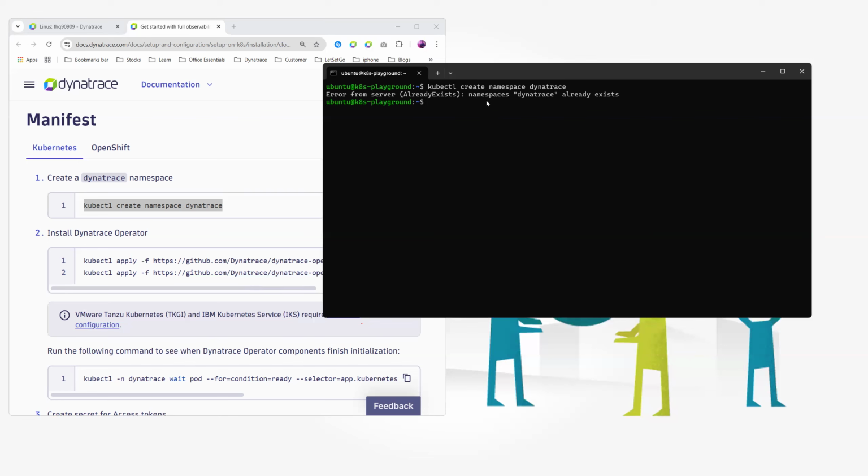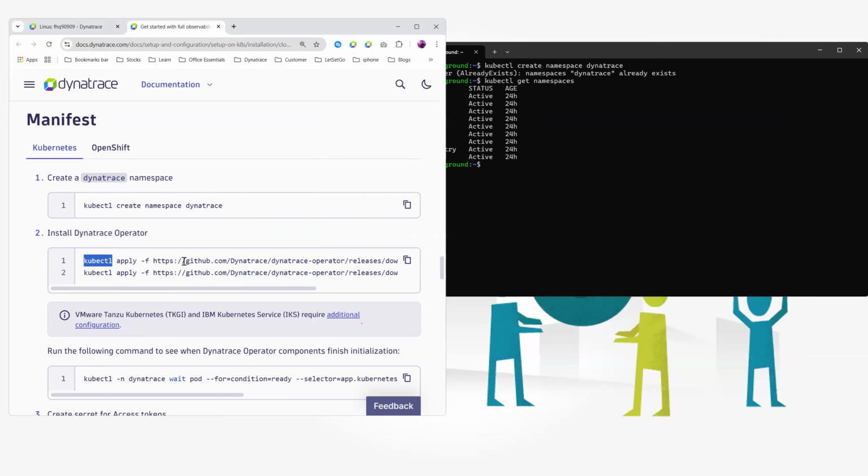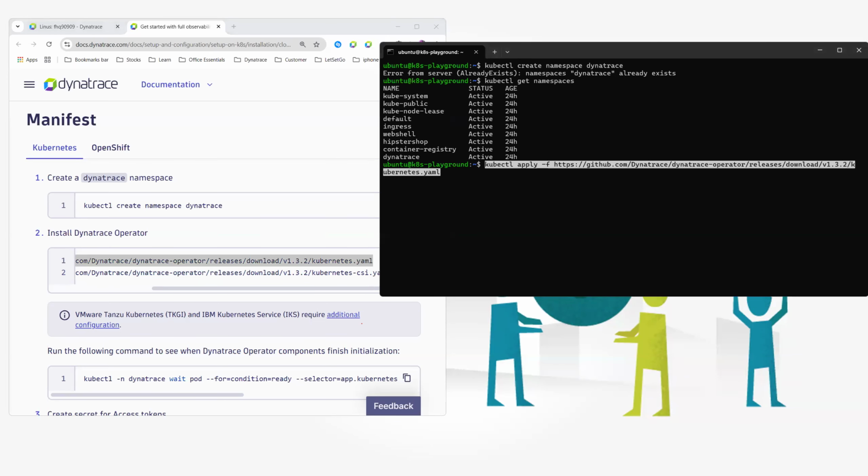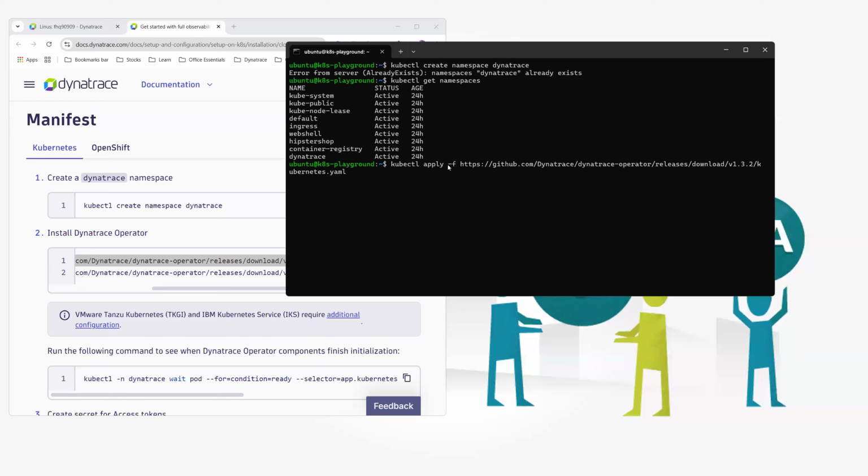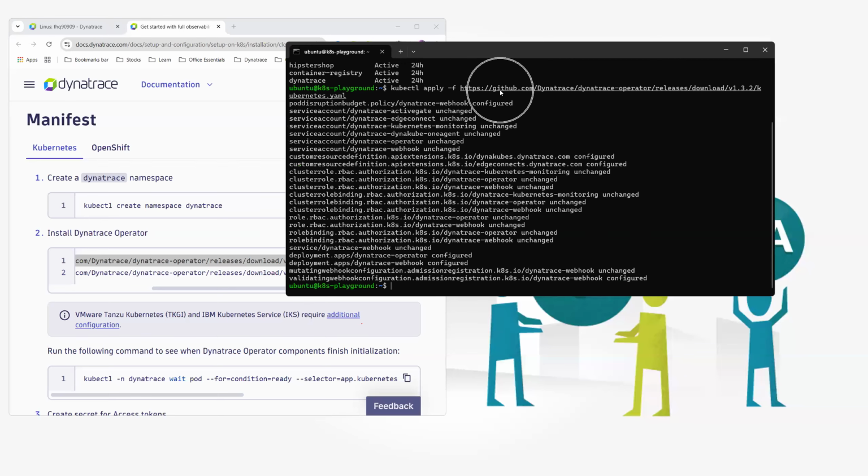Okay, so I already have the namespace created. I can say kubectl get namespaces, and I already have this dynatrace namespace created. Then all I need to do is copy the second command. The minute I copy this second command, you will see that I have a reference to